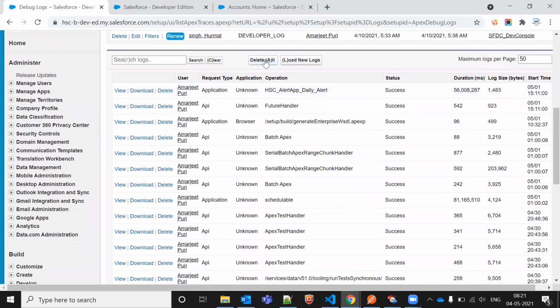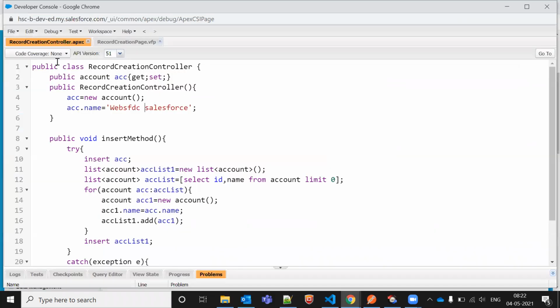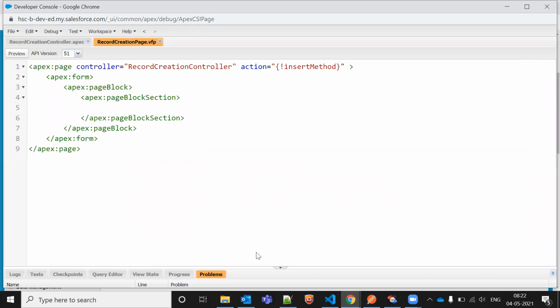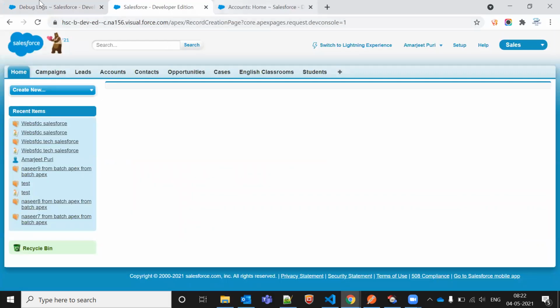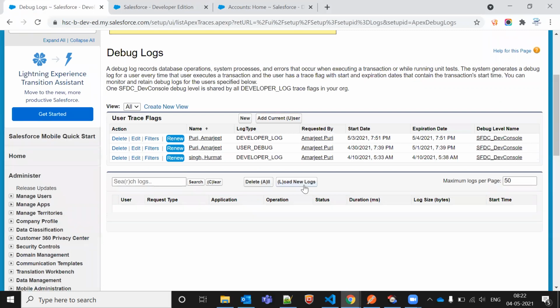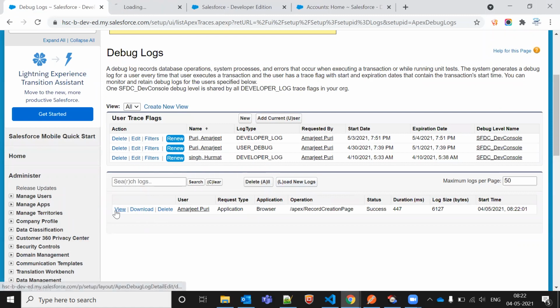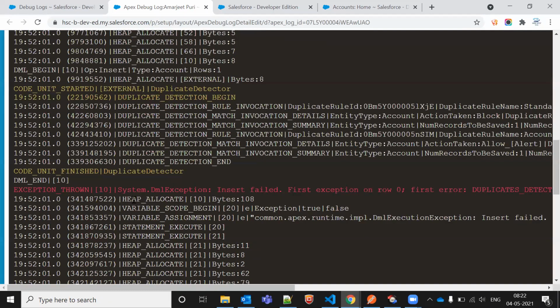Let me delete all the debug logs, and let me preview the Visualforce page again. Now let me click on new loads. We'll check where it is breaking.